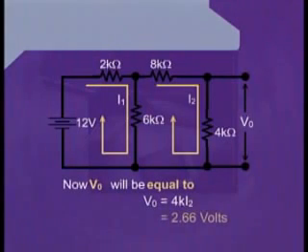Now the equation for V0 can be written as V0 is equal to 4K I2, that will be equal to, after putting the value of I2,